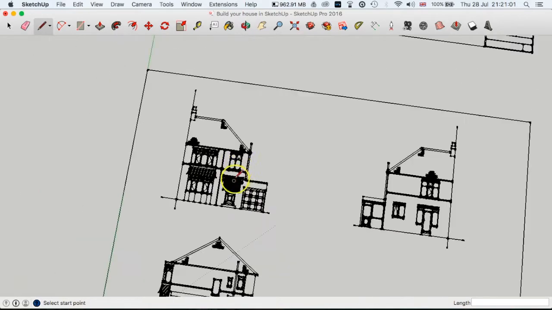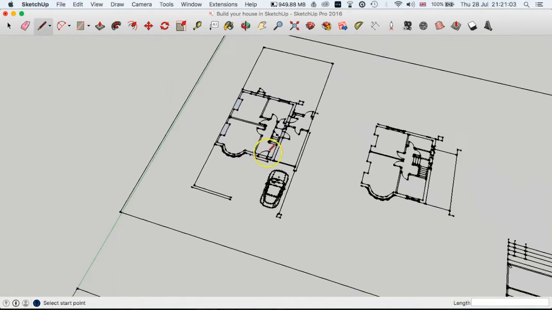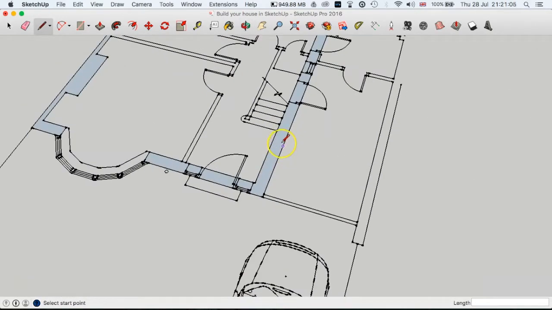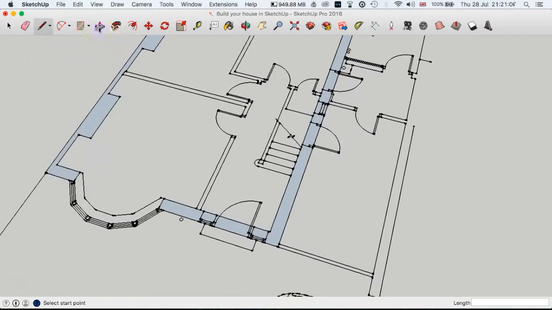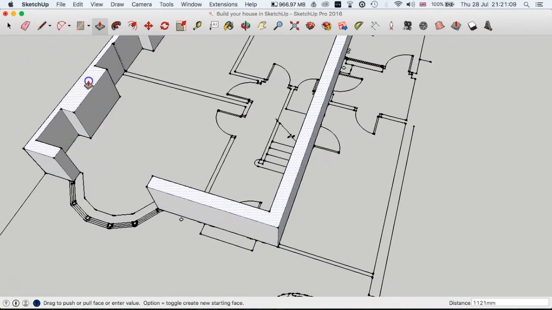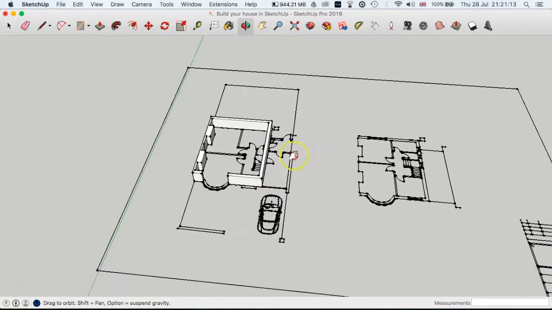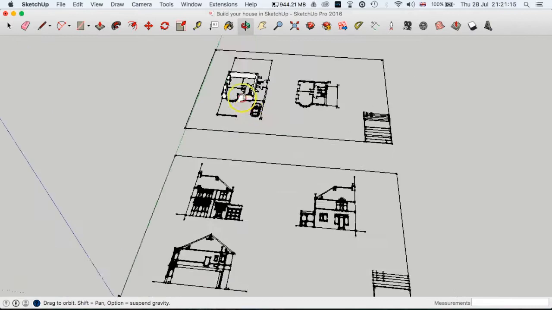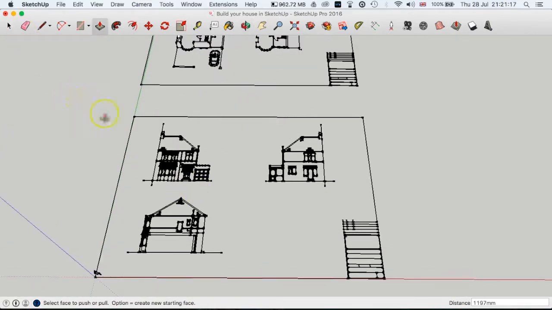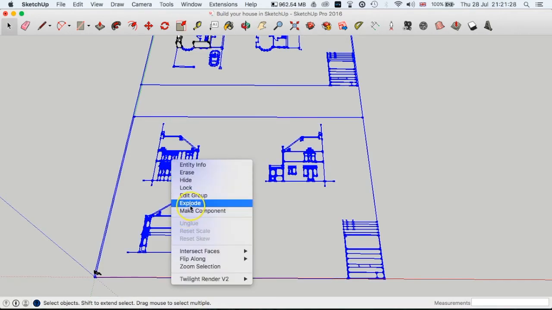but you will have measured inside your house. So what you can do is pull those walls up and create that ground level floor. And what I'm going to show you here as well is a little trick to help you build it a lot faster. If you haven't already got elevations, that's absolutely fine. You can do this later on. But if you already have elevations as well, what we're going to do is